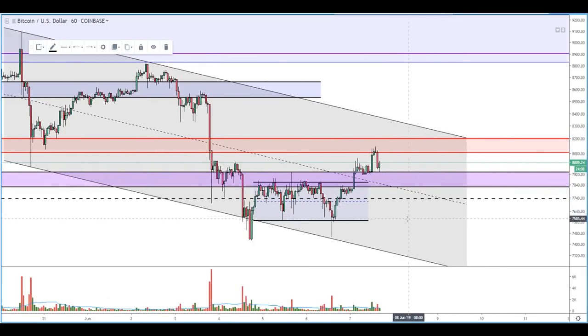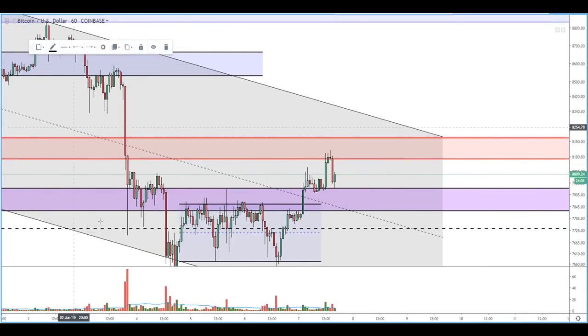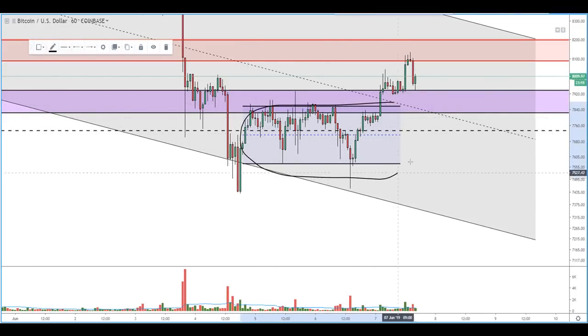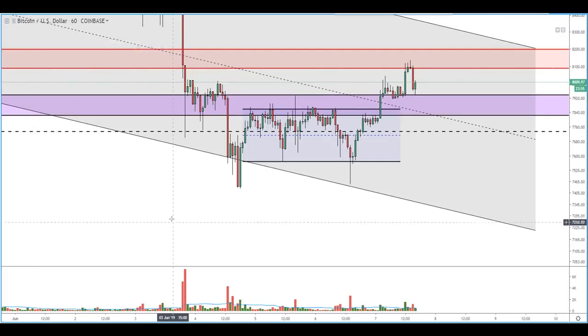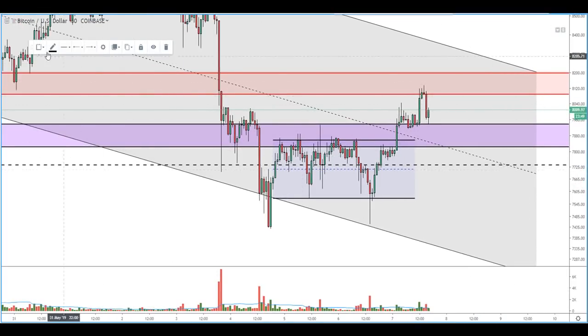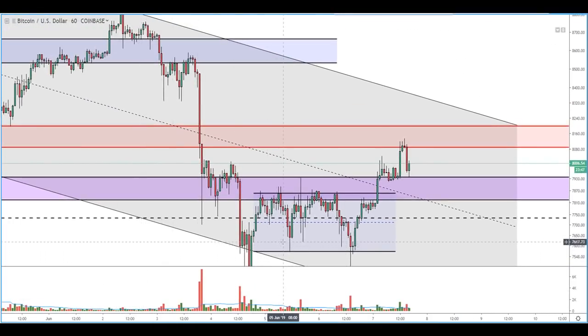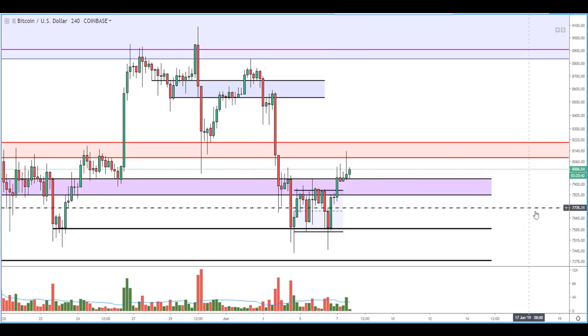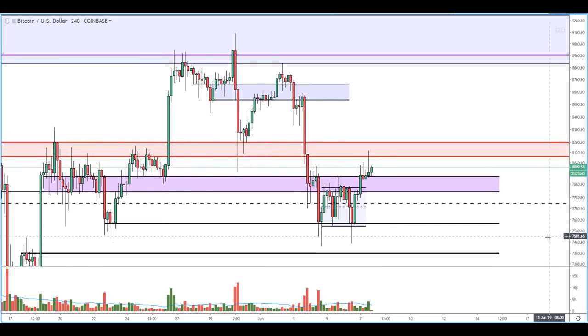If you're into Wyckoff theory, this is a textbook accumulation trading range, and within the hourly time frame, we are currently seeing an hourly markup, which could have us doing the grinding action that I really want to see. But so far, the things that we need to keep an eye out for is this. I really don't want to see at this point in our trading range